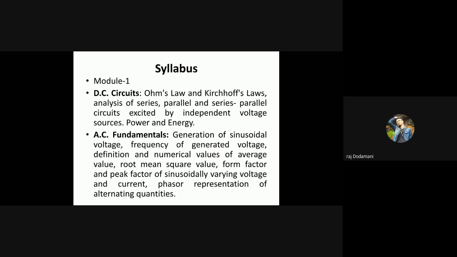I hope you don't know these things term-wise yet, but we will get to know all these things, and it is very easy and interesting if you concentrate, and it will be good for you all also. Okay, so starting with the DC circuits part, I'll not jump in directly, I'll start with the very